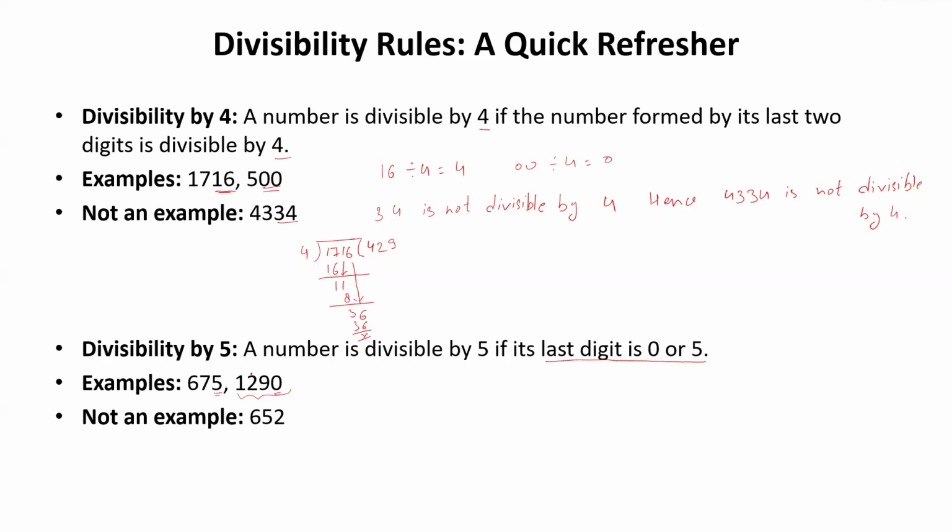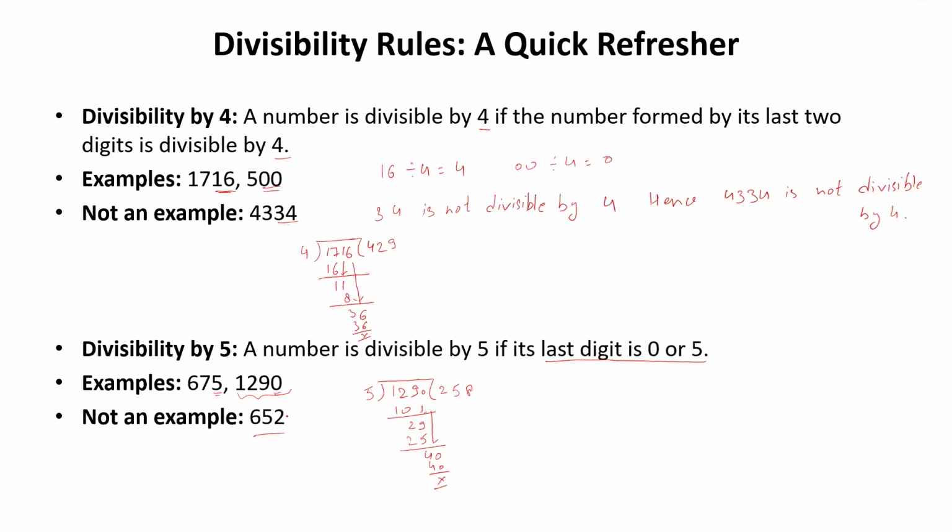You want to check it? Let's check it. So, let's start with 1290. The other one you can check by yourself. Just divide it by 5 and check. So, in 12 you will get 2, in 9 take 9 down. Here in 5 times you will have 25, 4, take 0 down, 40. In 8 times you will get 40 and remainder is 0. So, it is divisible by 5.